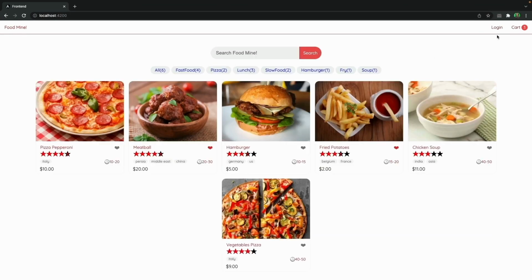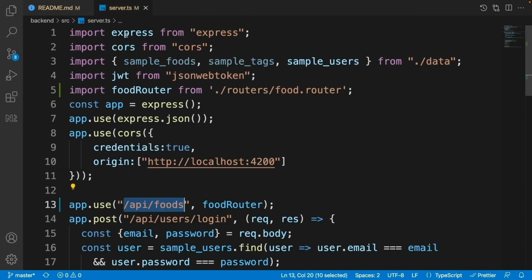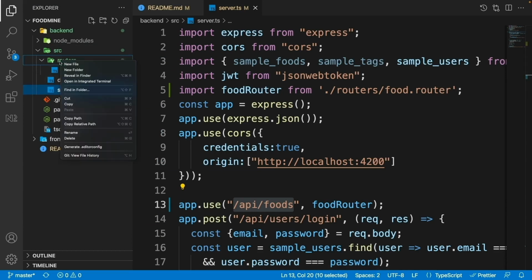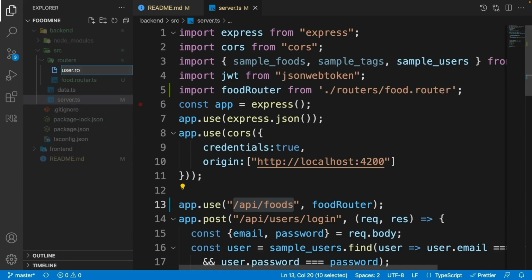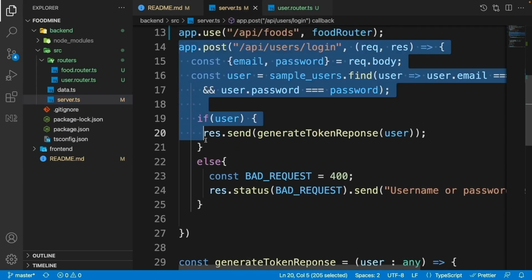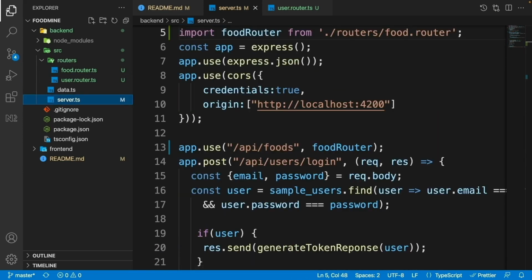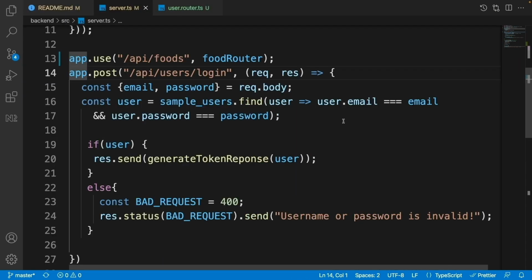Let's go and create the second router that is related to the login page. Okay? Close the food router and go to the Explorer, right click on the router and select new file. Create user.router.ts and go to the server.ts. Copy this API, go to the server.ts, then copy this login API